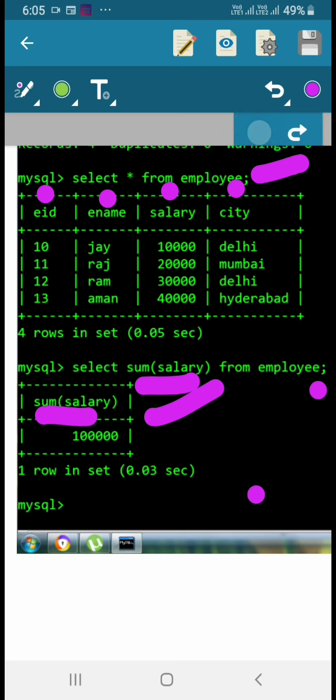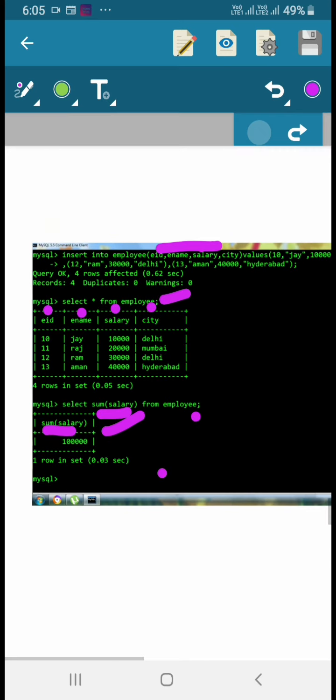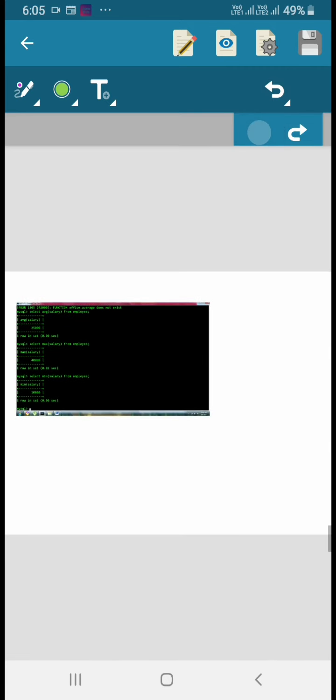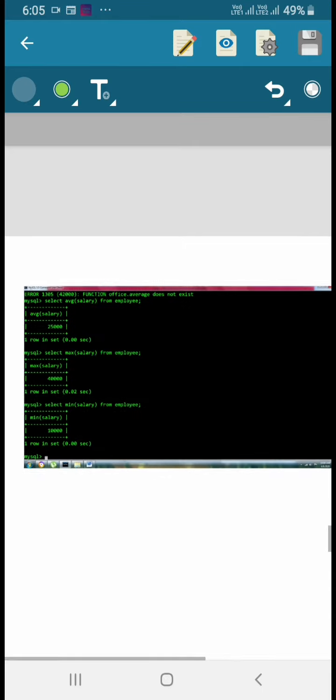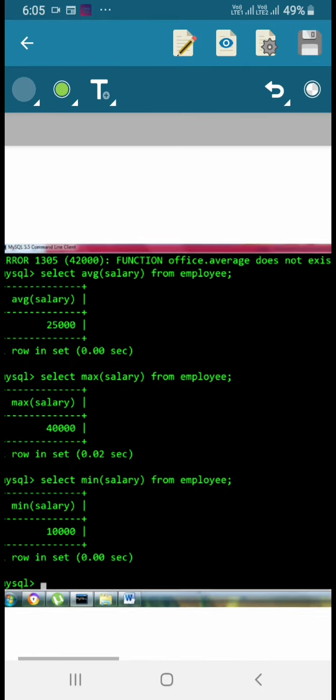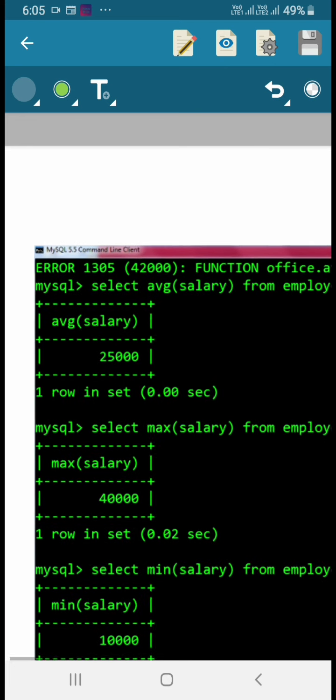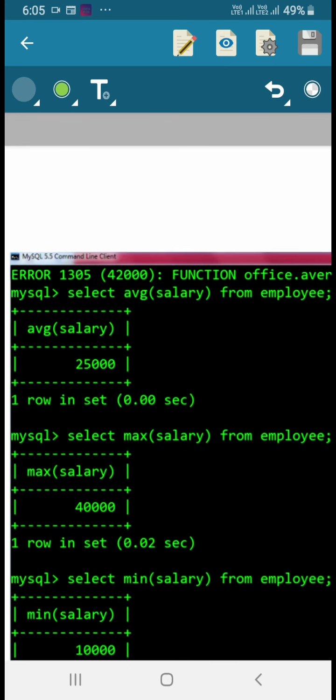Among the functions we have seen the first function, that is sum function. Let us go with the next example, students. Now see the second example. Carefully see, select average.